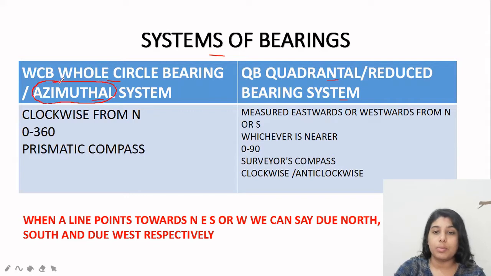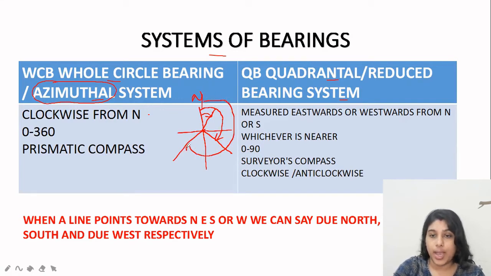Clockwise from north it is taken. If this angle I want to measure, this is my north, so I will measure from here and take the angle. If this angle I have to measure, same from the north, I will take a round in the clockwise direction, then I will reach here. This much angle is taken. So if it is from here also, take the clockwise round and take the angle measurement. This is the way we are doing. Actually we will be studying some included angle calculation also after this.